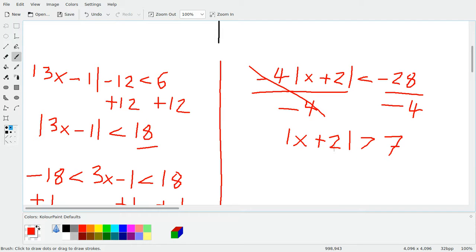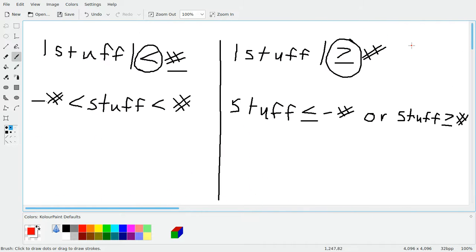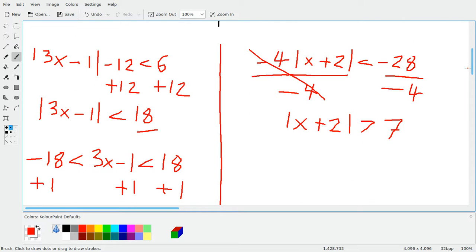Now we have absolute value is greater than some number. When we have an absolute value is greater than some number, we're going to rewrite it as a compound inequality with an "or" in between. I'm actually going to change one thing. Let's change it to greater than or equal to. So to rewrite this absolute value of x plus 2 is greater than or equal to 7 as a compound inequality, drop the absolute values,